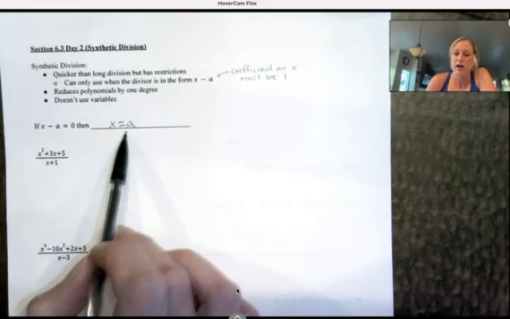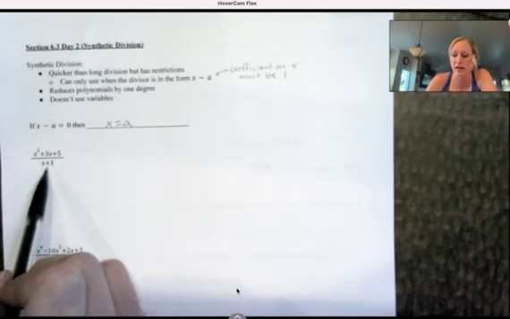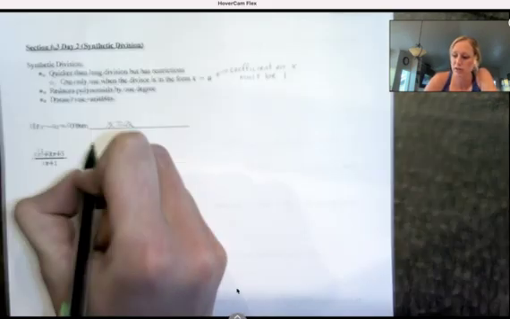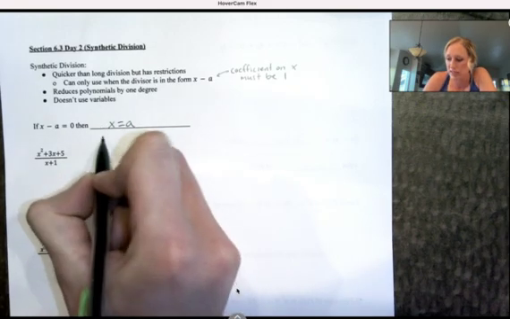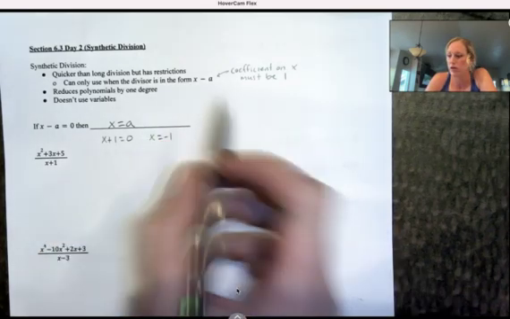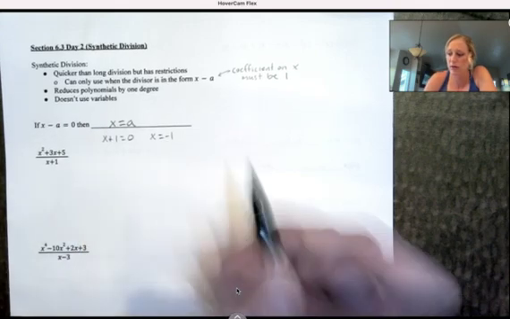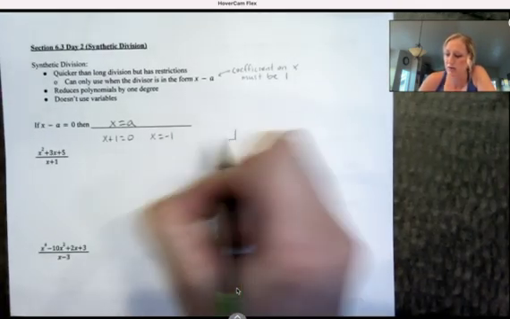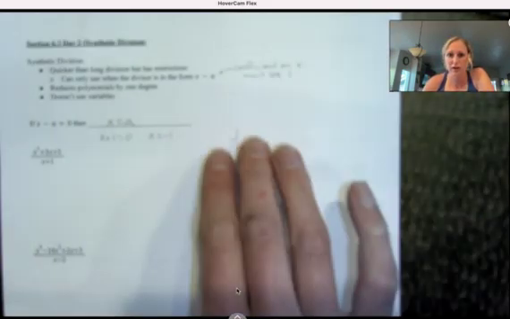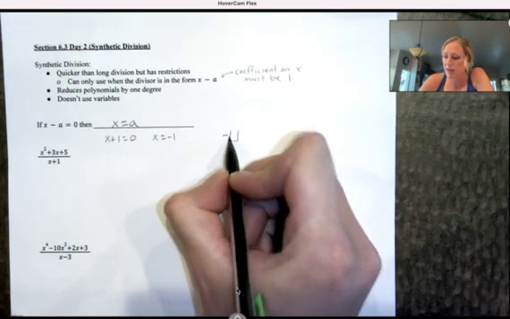So here's how it works. We are going to identify what x equals if x minus a is a factor. So if I'm dividing by x plus 1, I want to know what a is. The long way to do it is set x plus 1 equal to 0. Then x equals -1, right? Subtract 1. The quick way is just the opposite of whatever number we see here. So whatever x equals, when I set that equal to 0, I'm going to put in this little box